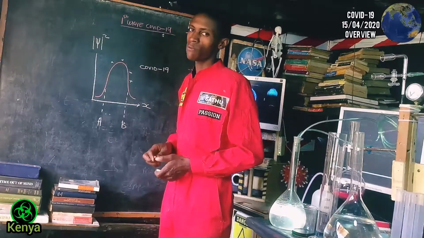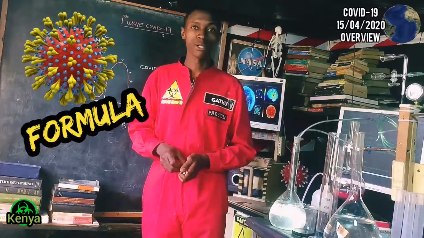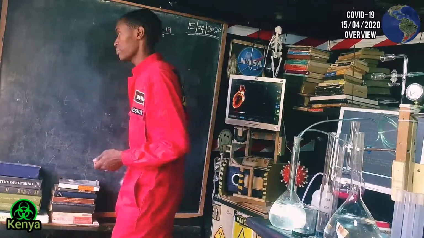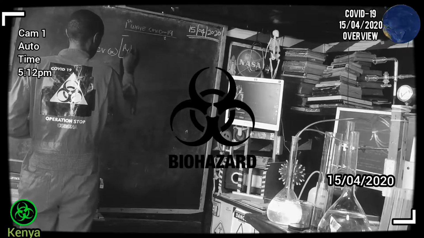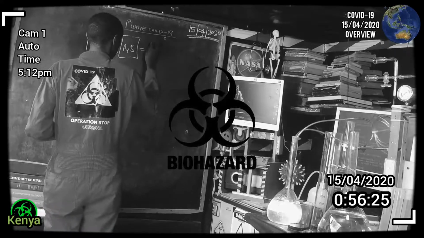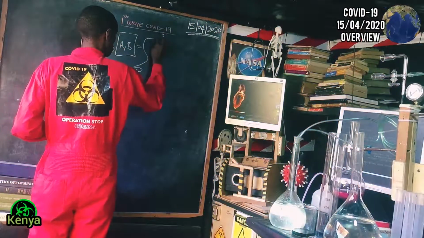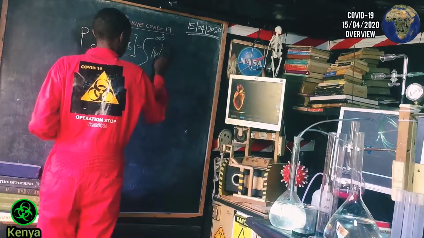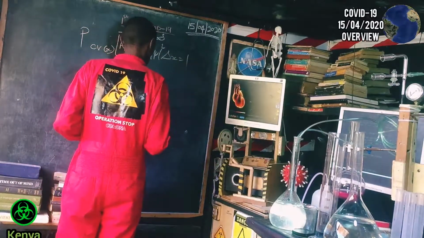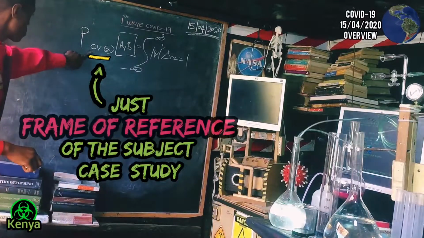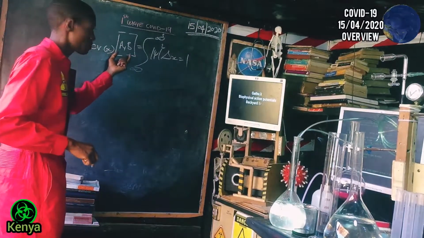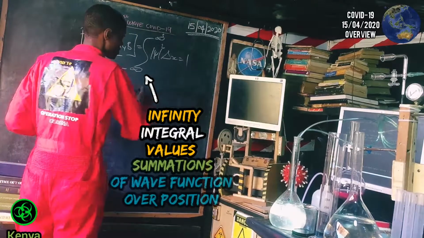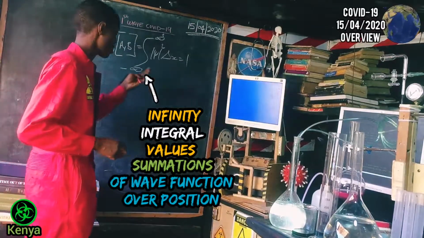I'm giving it to you through the following virus normalization conditioning formula. P_CVX in parentheses A comma B is given by integrating the norm squared, delta x, is equal to 1, meaning the probability of finding the coronavirus particle's position at a certain state of positive constants between point A and B is given by integrating the norm squared, in our case the coronavirus energy conservation wave function squared,